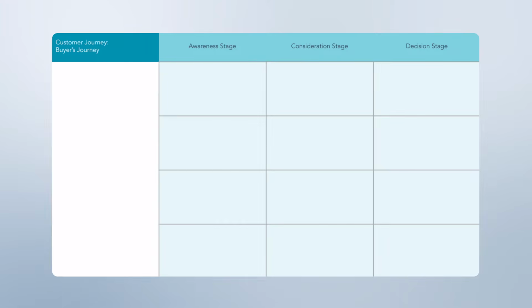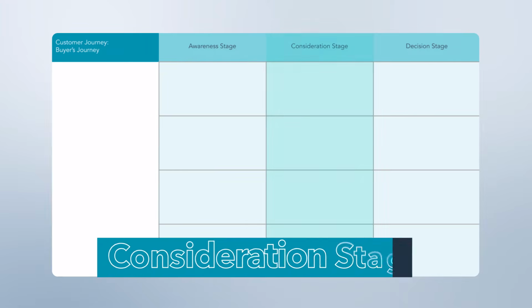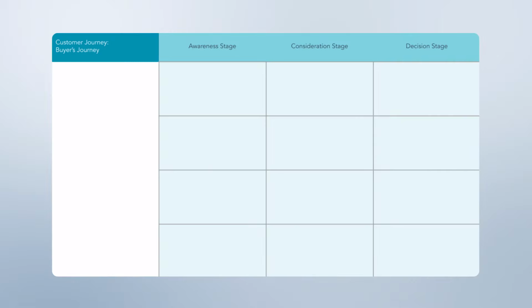Let's begin with a customer journey map, which is the first template included in the free customer journey kit I mentioned earlier. If you haven't already downloaded it, now's a good time. You'll see that the journey has 3 major steps: awareness stage, consideration stage, and decision stage. These are the basic stages that every prospect goes through on their way to becoming a buyer. For each stage, you'll want to define the following.